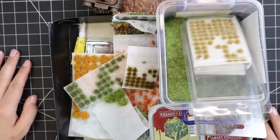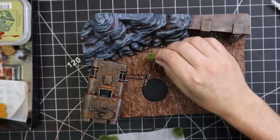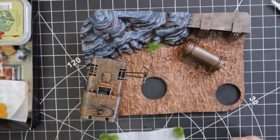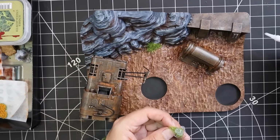So I've broken out my box of grass tufts and flowers, and I just went into turbo mode and started applying big grass tufts, small grass tufts, and orange flowers as far as the eye can see until I was happy with